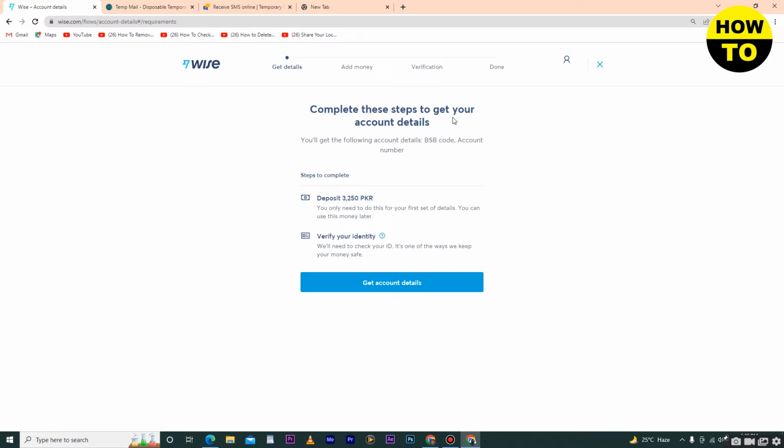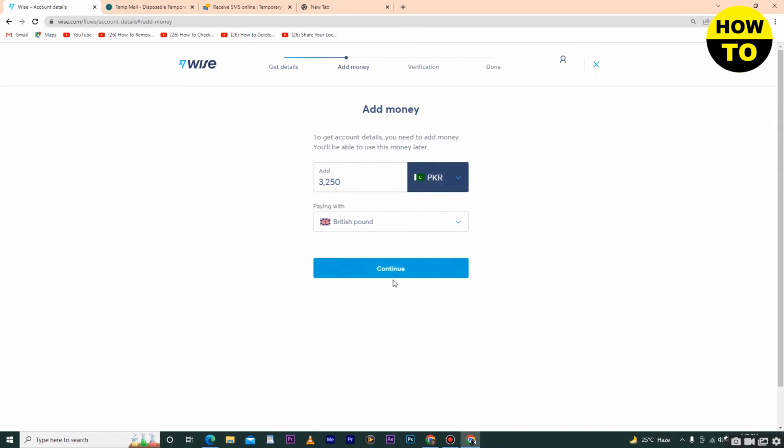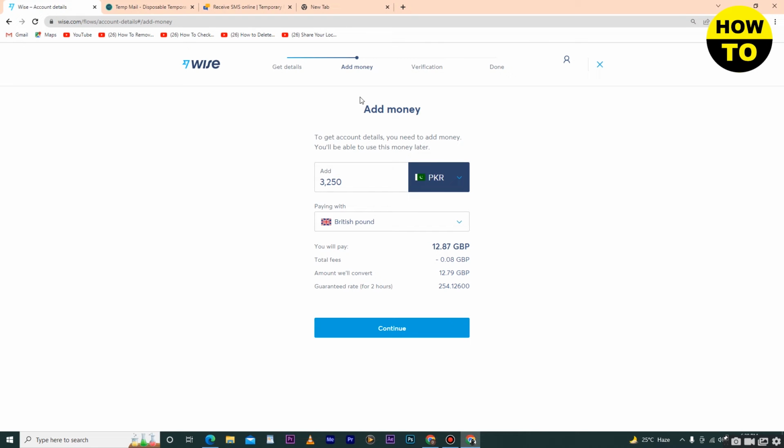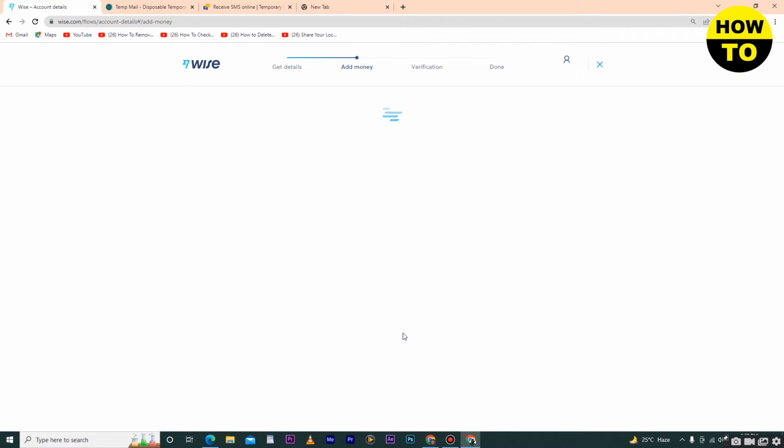And now here you can see complete these steps. To get your account details, you will get the following: BSB code and account number. So simply click on get account details, and now here you can see that first, to get account details, you need to add money. You will be able to use this money later. So in order to receive money you have to first add money into Wise, and after that you will be able to receive any money. So simply we click on continue,